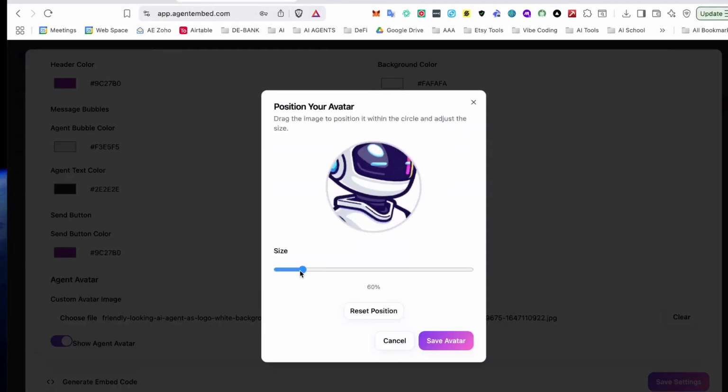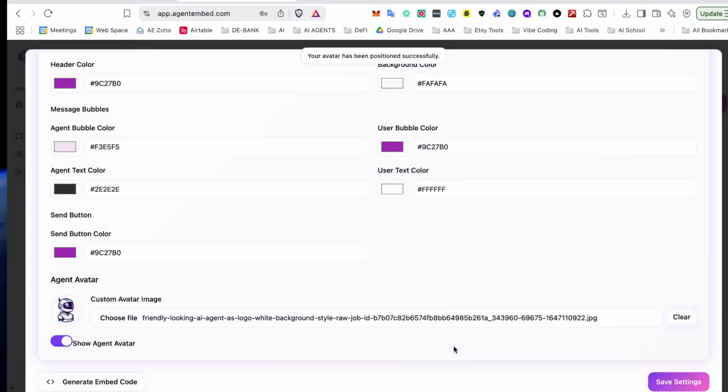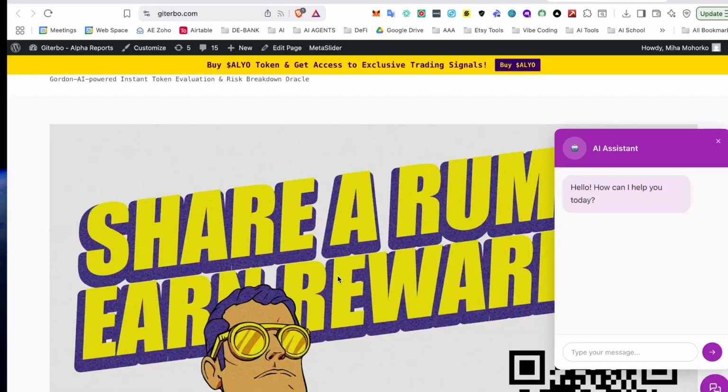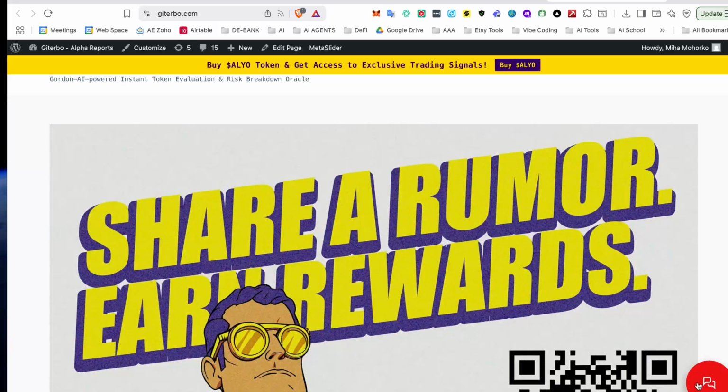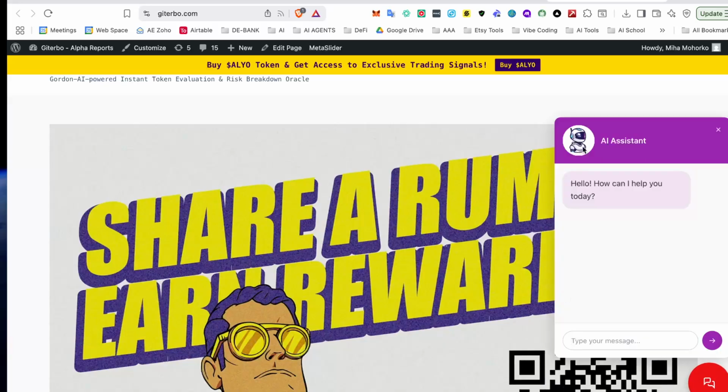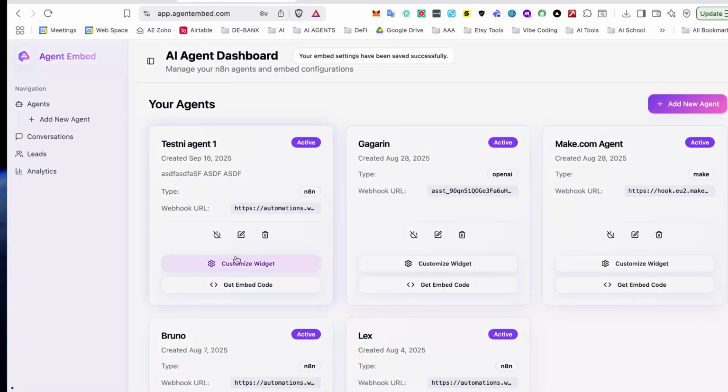You set up the avatar the way you like it. I like it like that, and I save it. And I save again here. If we go back, you will see if I refresh this, the bubble is now way bigger. It has this icon. If I click on it, there's my avatar. Okay, we can now play further with the colors and everything. So if we go back to customization,